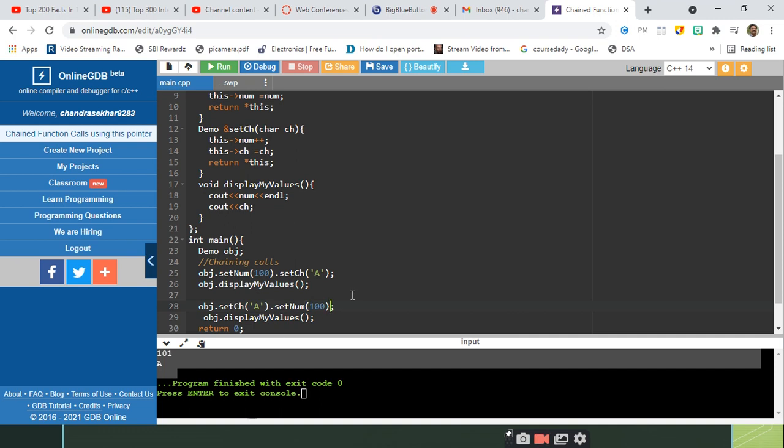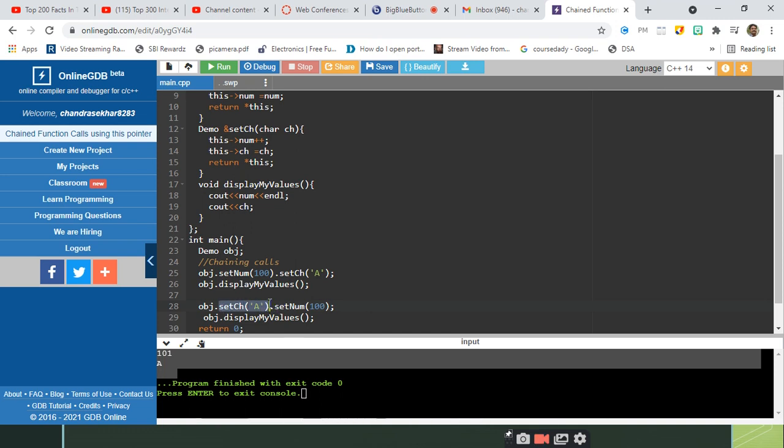Now tell me what will be the output for this second part. First part we are clear that it is 101 for num and a for ch. What happens here? a and 100. It is a and 100, not a and 101. Why? Because initially the setCh will be invoked.